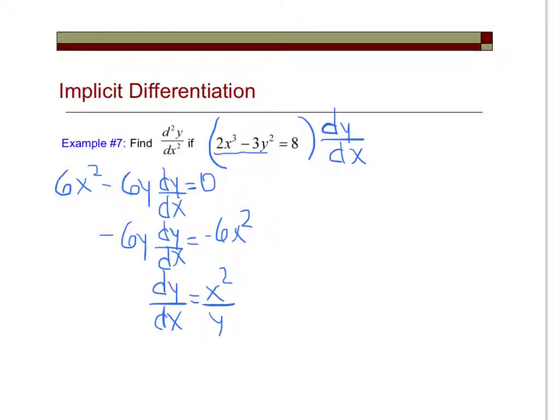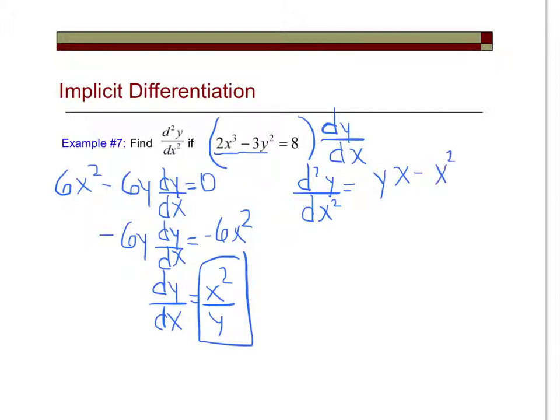But remember, we need to find the second derivative. So now let's go to the second derivative. And remember this notation? The second derivative, whoops, I made a mistake there. Let's see if I can erase that easily. I can, woohoo. The second derivative of y in dx squared. Okay, so now this is a quotient here. So I need to use the quotient rule. So low, and then the derivative of the high, x squared would just be x, minus high times the derivative of the denominator, which would be 1, but remember it's in terms of x, dy/dx, all over the square of what's below,